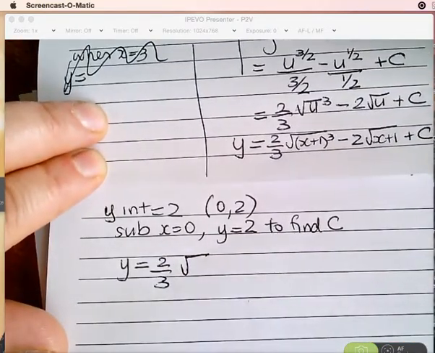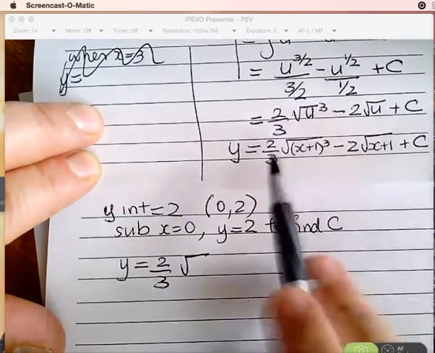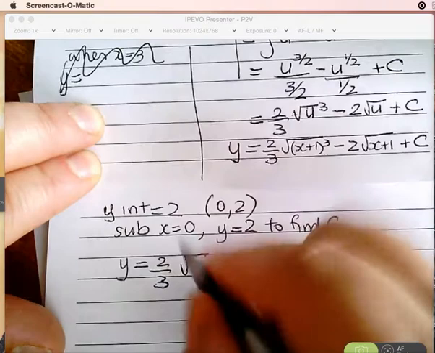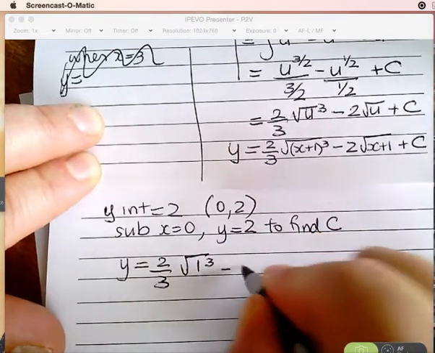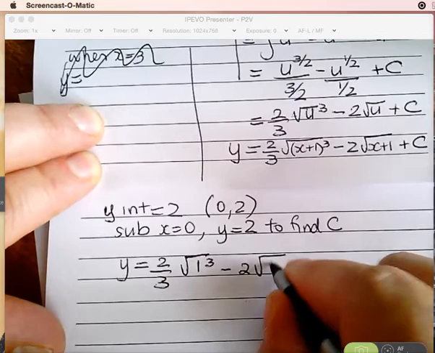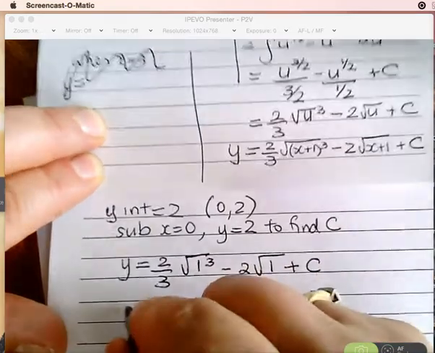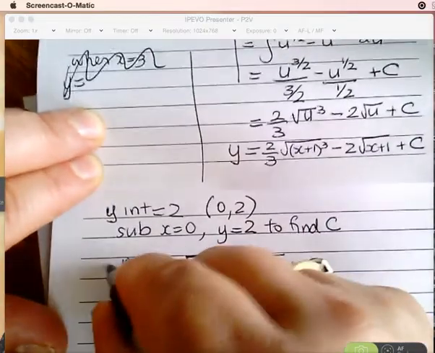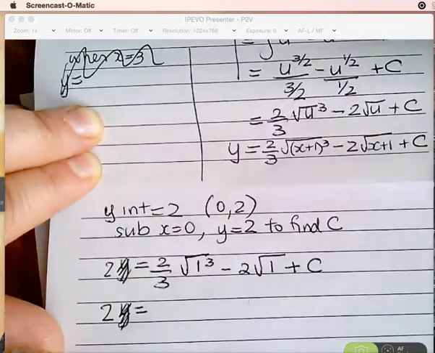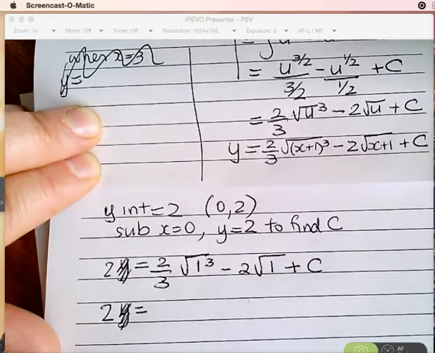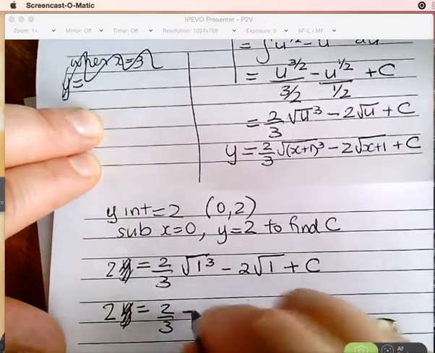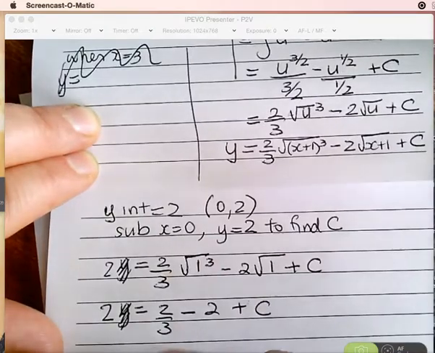So y-intercept is 2, which means 0, 2. Sub x is 0, y equals 2 into this equation above, and have a look. So isn't it 0 plus 1, which is 1 cubed, minus 2 times the square root of 0 plus 1, which is 1, plus c. Be very careful. And what's y? What do I substitute for y? 2. Sub x is 0, y equals 2 into this equation here. And you get 2/3 minus 2 plus c. And what do you get? c is,